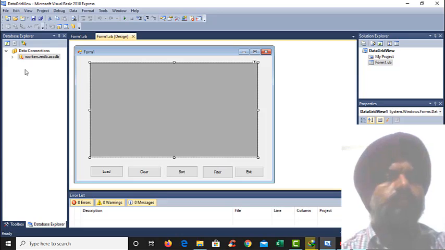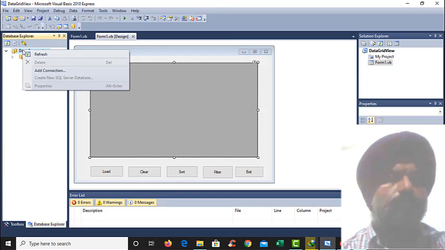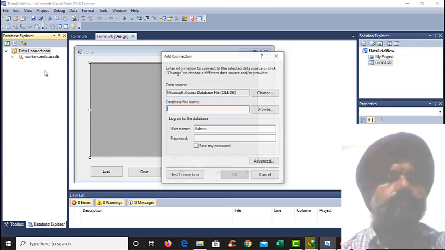But the simplest way to establish the connection and to set the path of the connection string is to use the data wizard. In the data wizard, click the right mouse button and then select add connection.